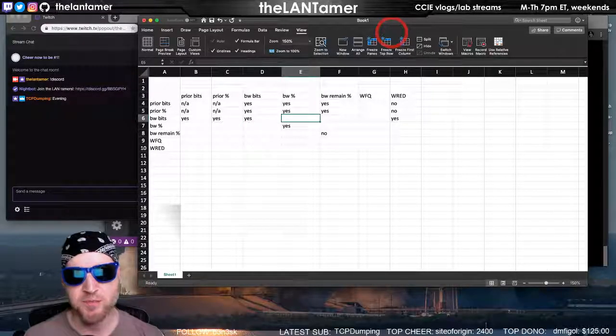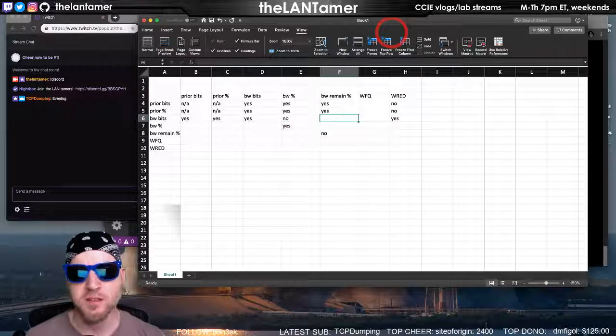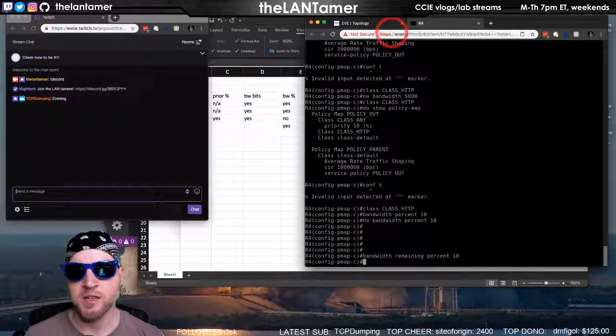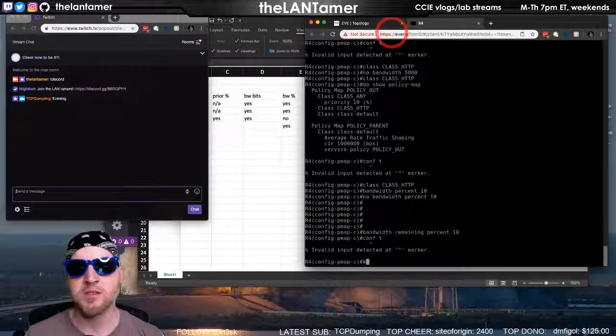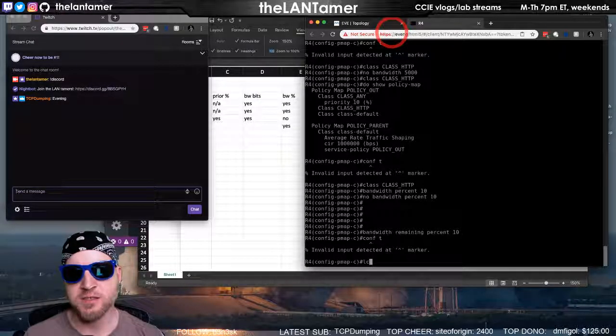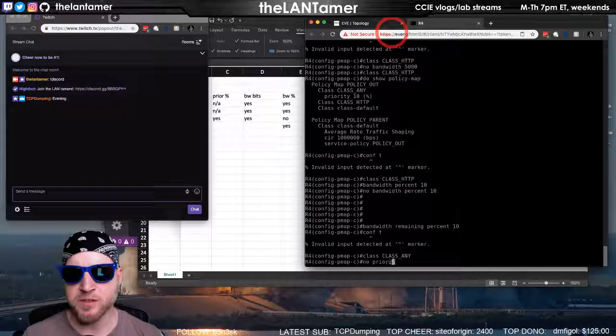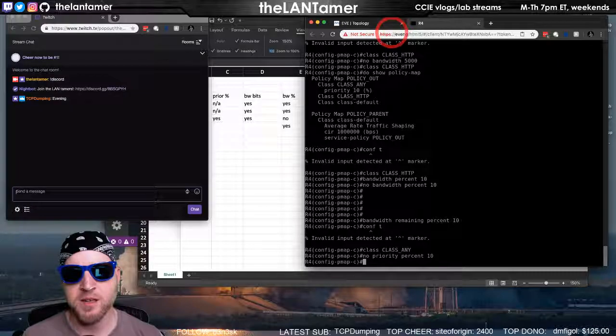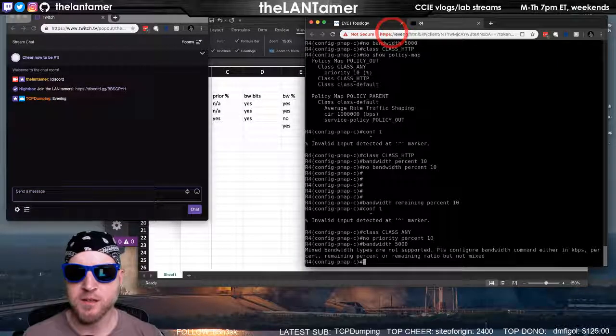Bandwidth bits in another class with bandwidth percent will not work. It also does not work with bandwidth remaining percent. I just happen to know that. So let's take out our class. No priority percent 10. And we'll just say bandwidth.